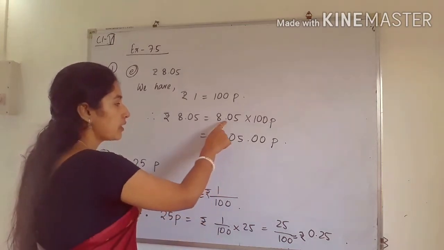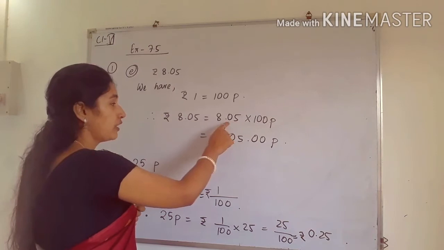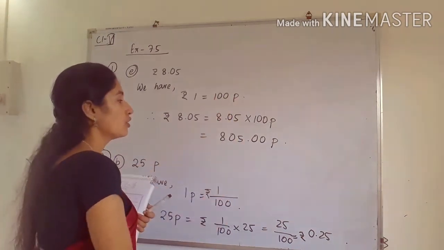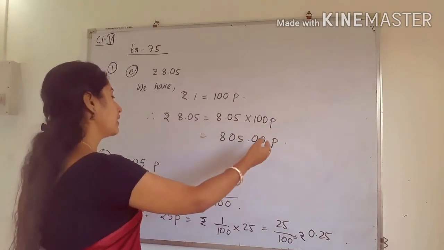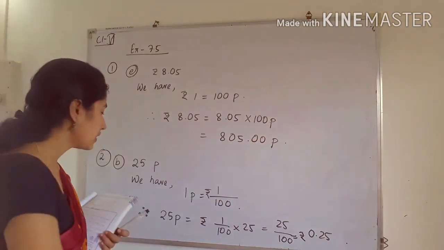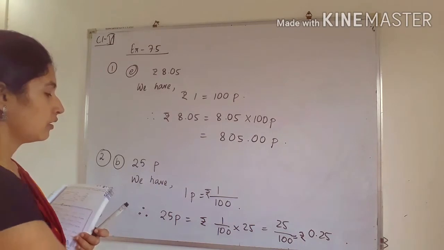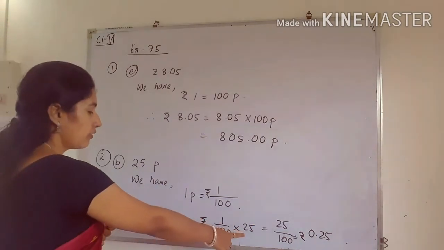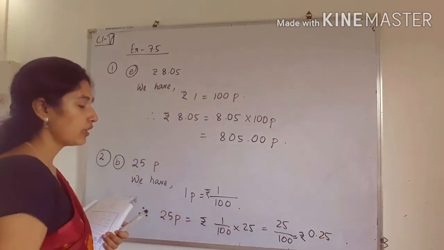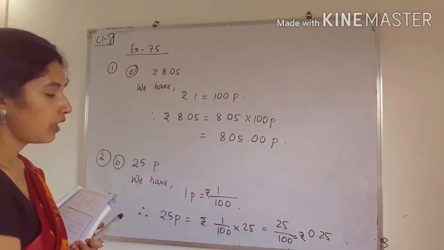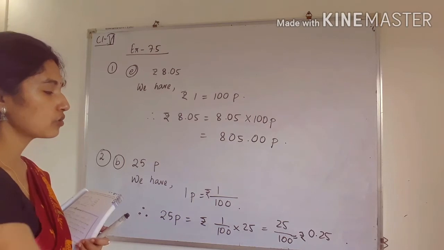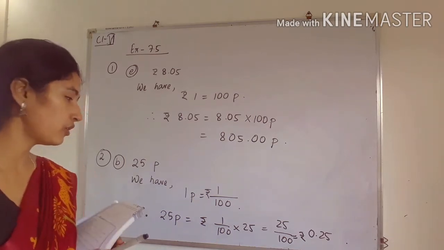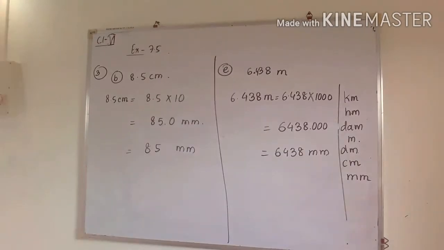So see, after decimal point we are having 2 digits. Okay, in decimal part we have 2 digits. So that means we have to count from back side. So see, the next question is this one. Here we can multiply the given number with 1 by 100, or we can divide it by 100 also. Okay, that is the same thing. So this will be rupees 0.25. You know how to put the decimal point. Okay, so see the next question.